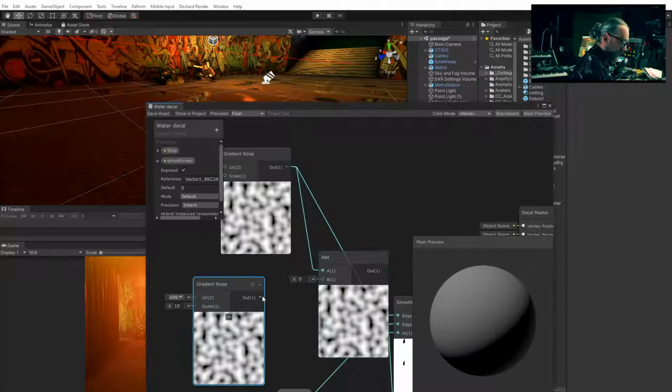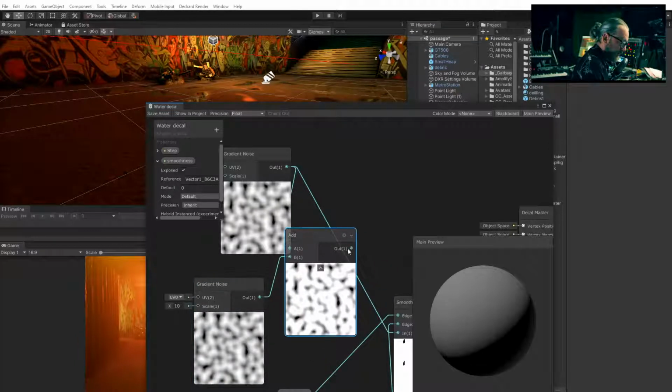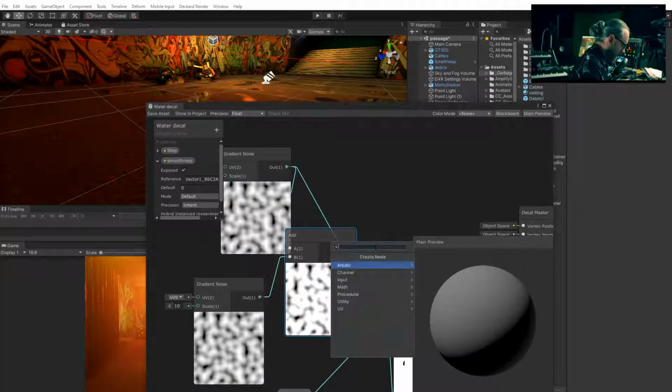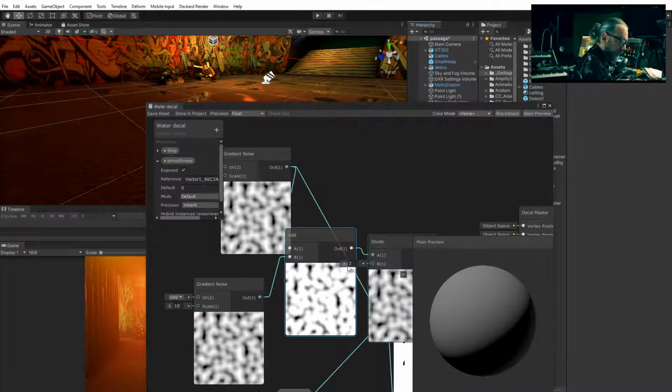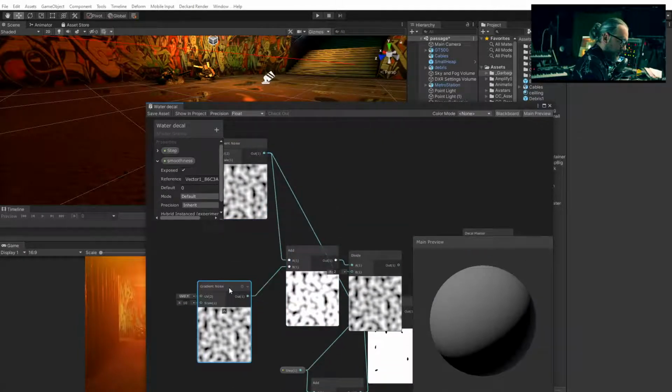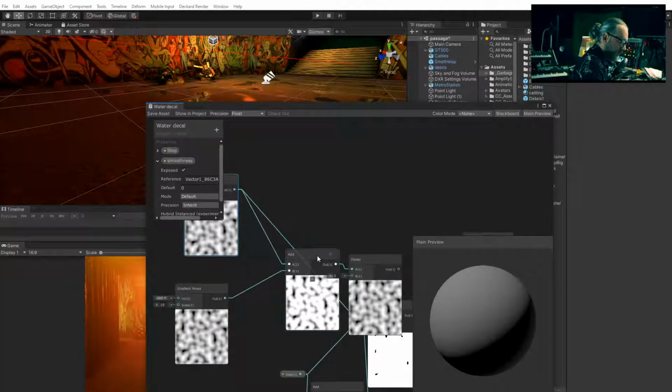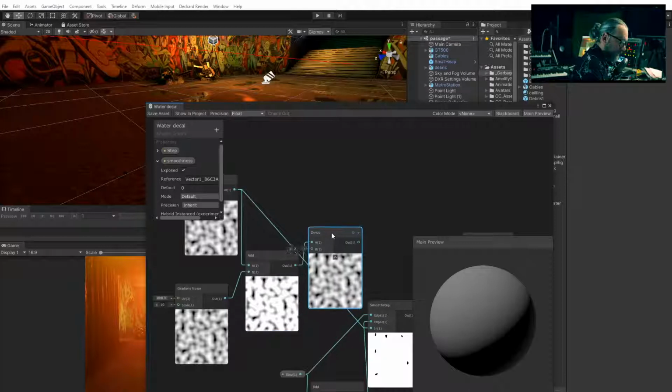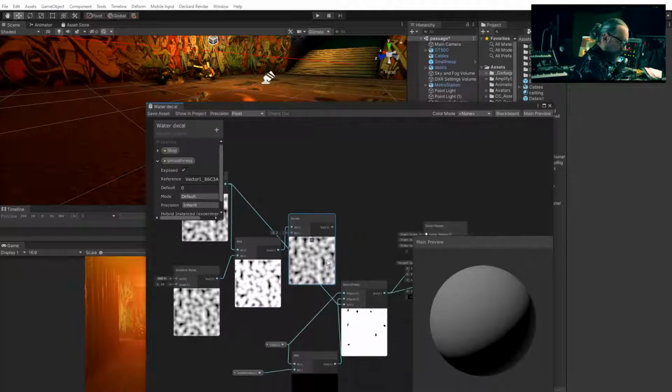Let's try with addition. And then division by 2. So let's move those nodes here, and let's feed this result into input. And right now,